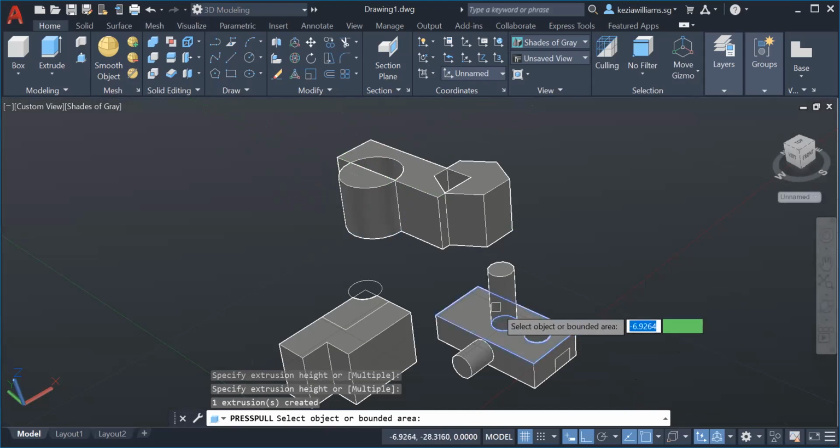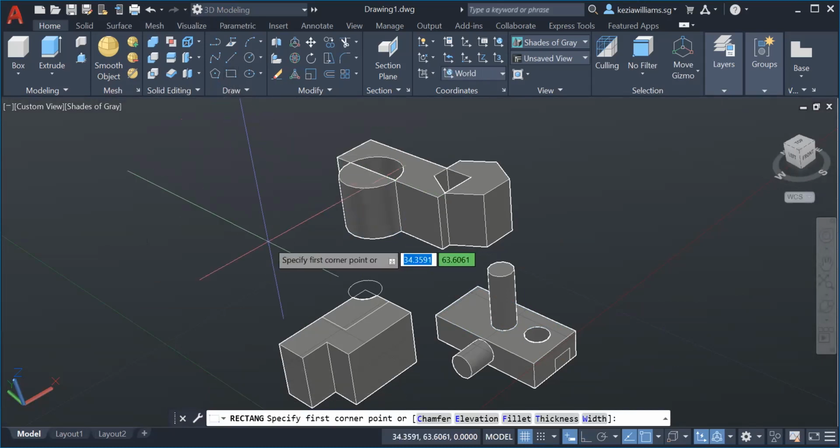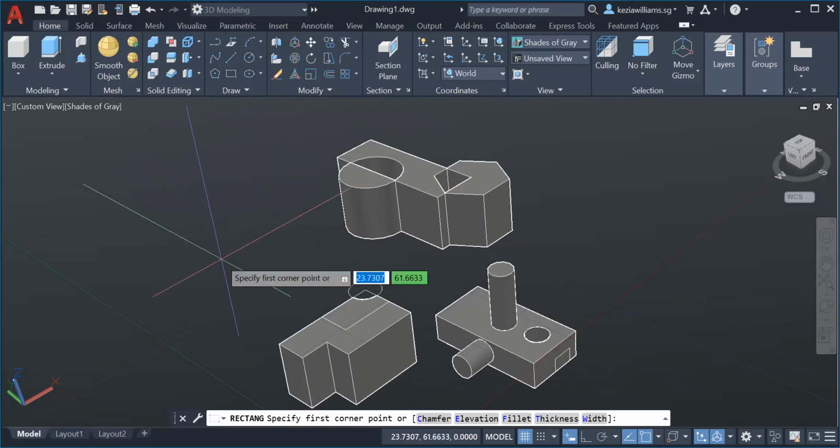Okay, sir. Okay, right. So now we are still in press pull, so I'm only teaching the press pull command. Okay, so now the final thing. Fine. I'm going to end the press pull command. Now I'm going to make a rectangle